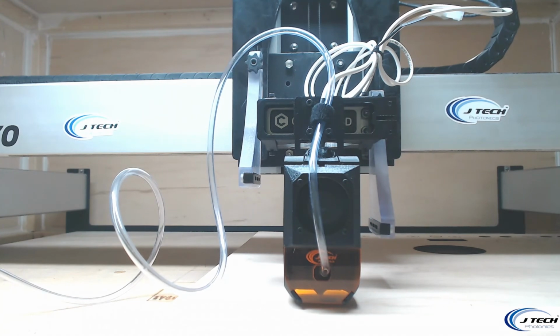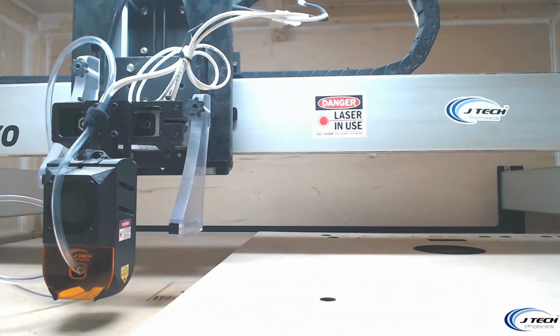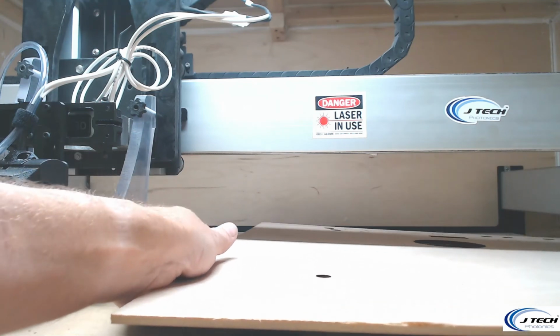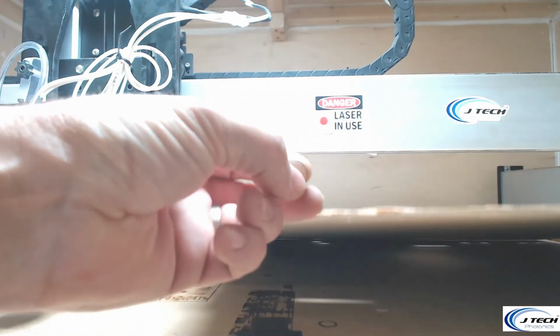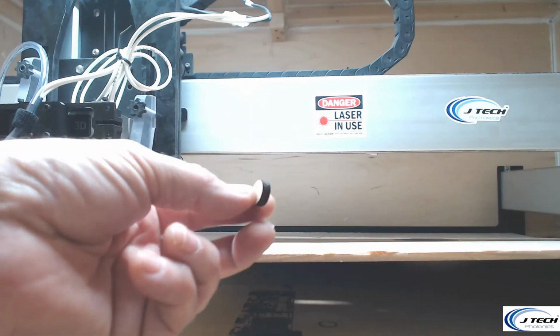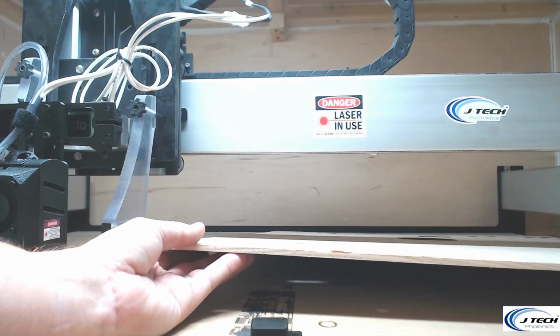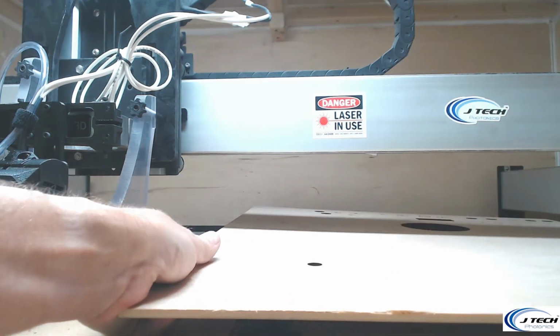Okay, let's move it over. And it cut right through. Probably could have done a little less power than that, or fewer passes. Yeah, cut right through. Did a good cut there, and didn't burn the wasteboard too much. It's because it wasn't right underneath it. But let's try our